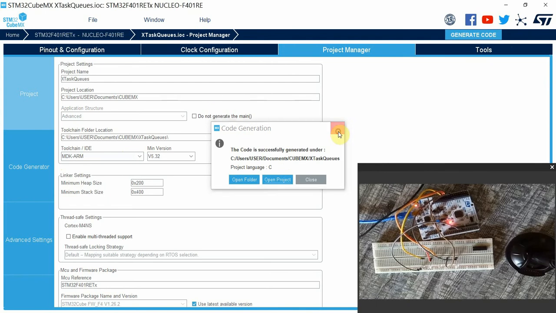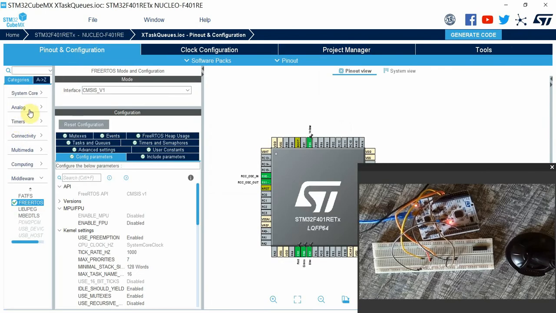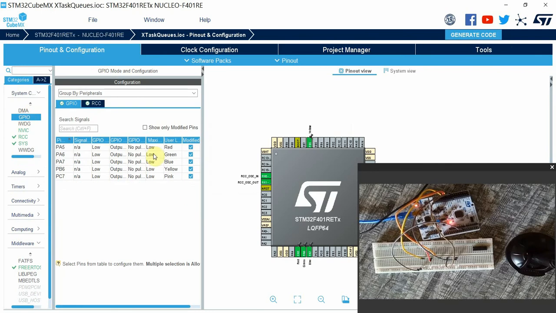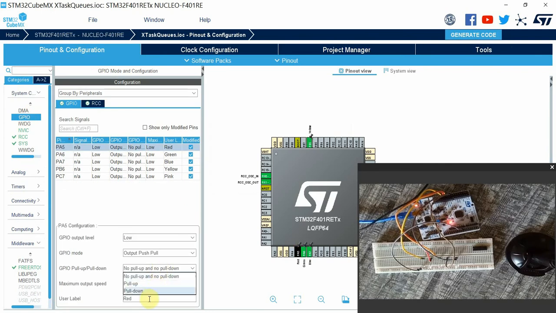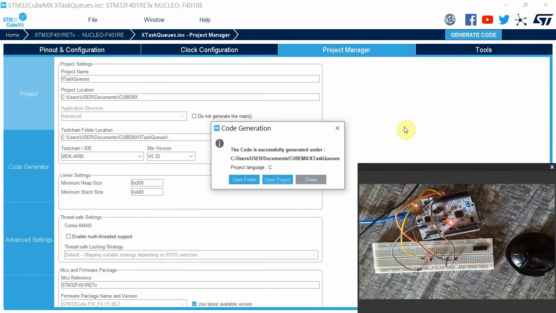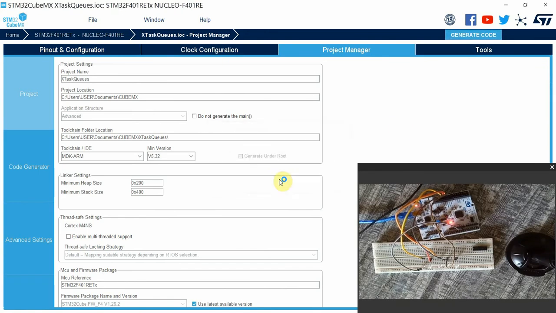So before I open the project, I'll go back to pinout and configuration, and then in the system core, go to GPIO and enable the pull down resistors for the LEDs. So select pull down, then we can finally now generate code. So I'll finally go ahead and open the project,